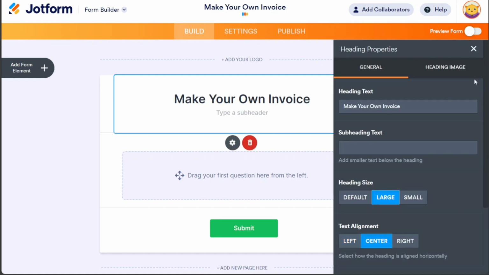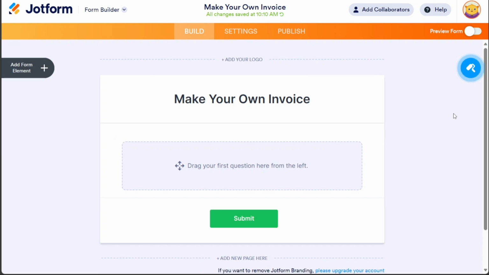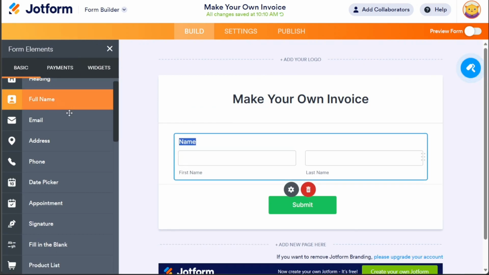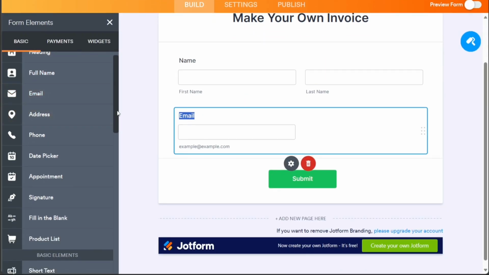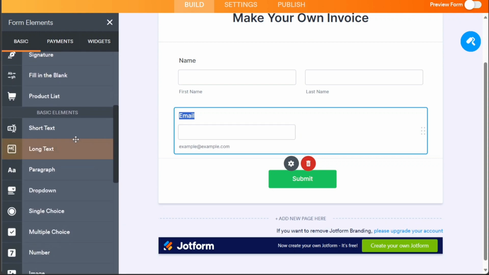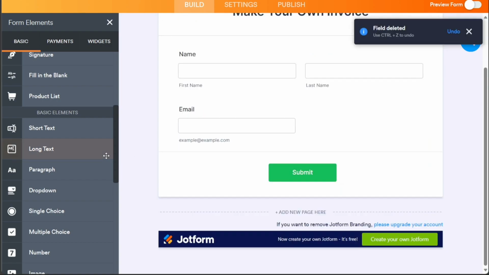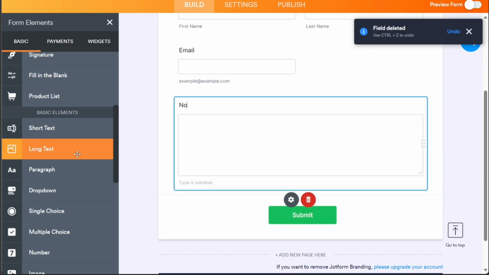Once you have named your form, it's time to add elements. Navigate to the left side of the editor and click on the Add Form Element option. Select the Full Name option to add a name field to the form. Similarly, click on the Email option to add an email field. Once you have added all the necessary fields, including a payment method of your choice, it's time to publish your